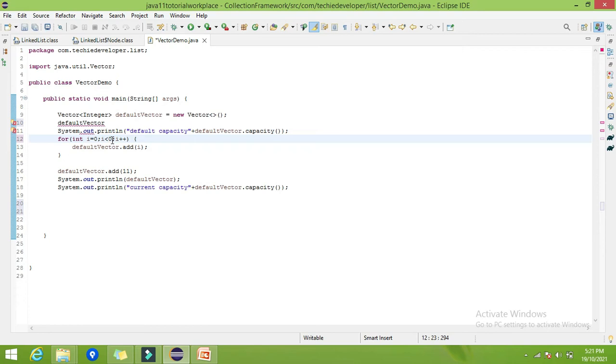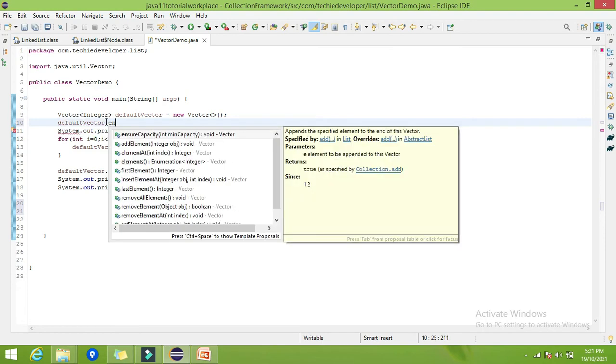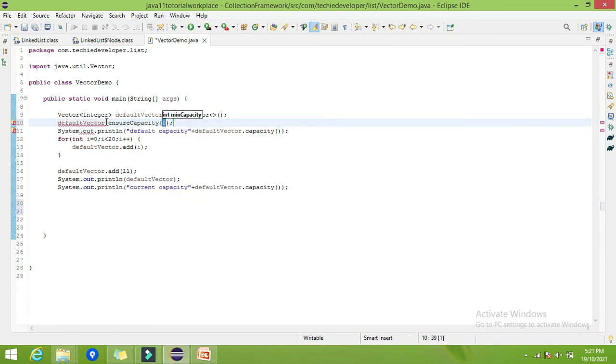Default capacity is 10, right? So let me give the example up to 20. Let me ensure that I am going to add up to 25 elements. So I have made sure that this vector will hold up to 25 elements.